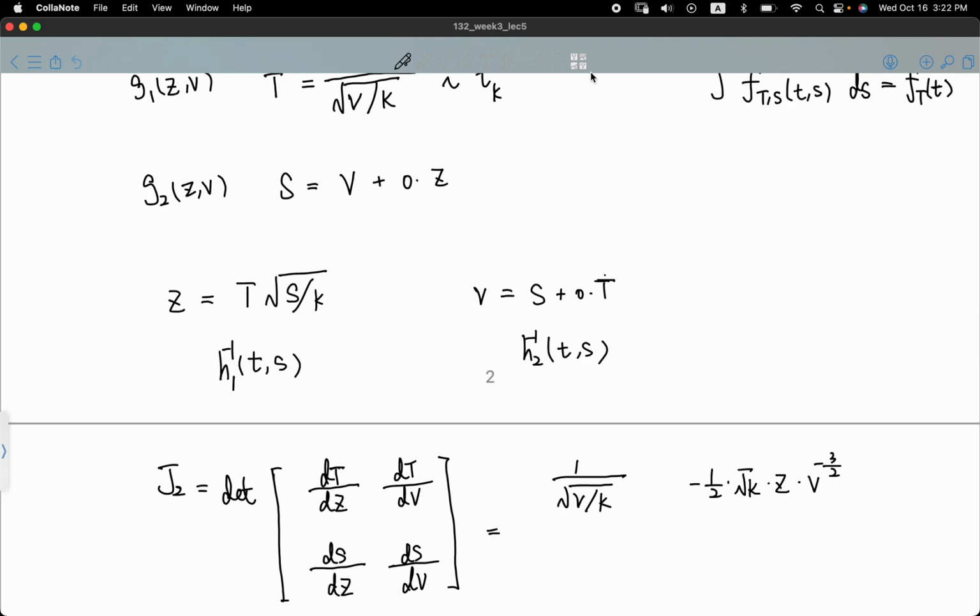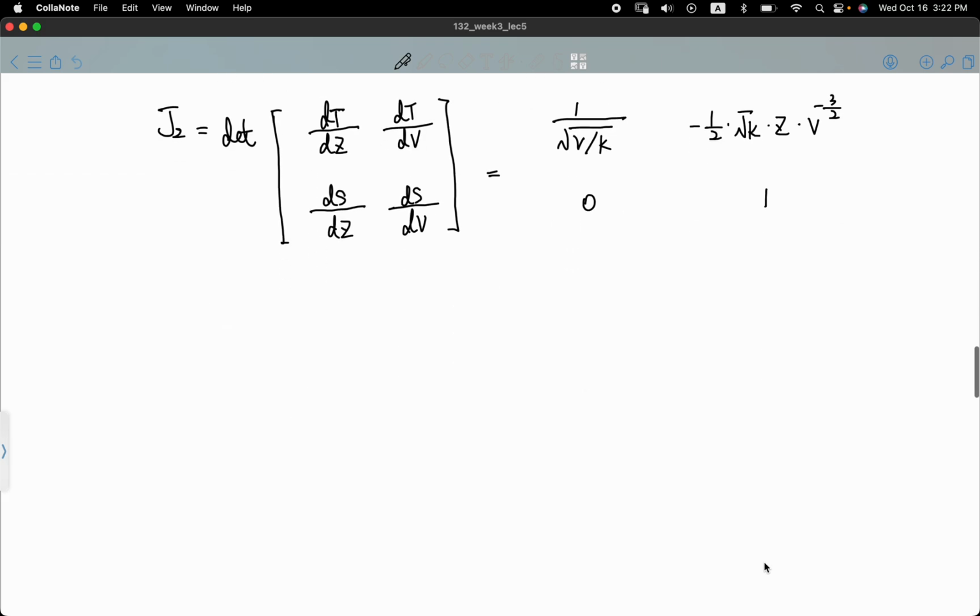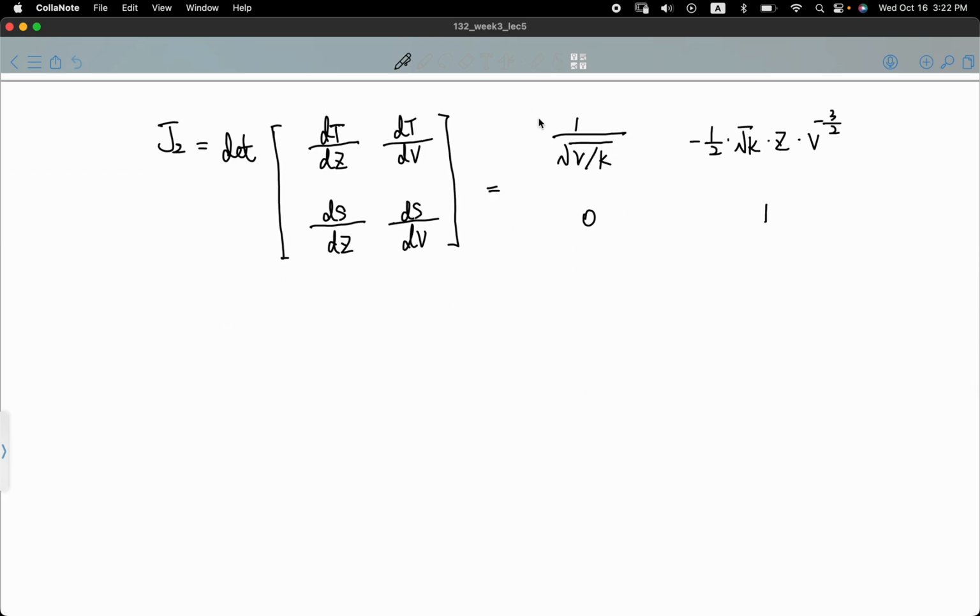Although this part can be difficult, ds, dz is 0. So when you take the product, this will cancel out. So if you don't want to calculate, this is gone already. ds, dv is just 1. Okay, so this is our Jacobian. Then the determinant,